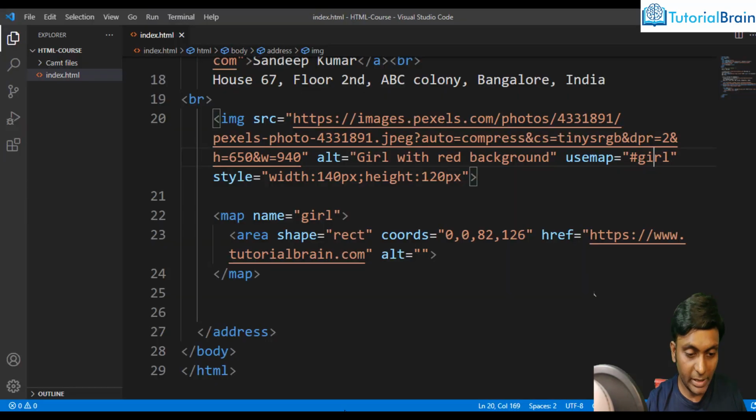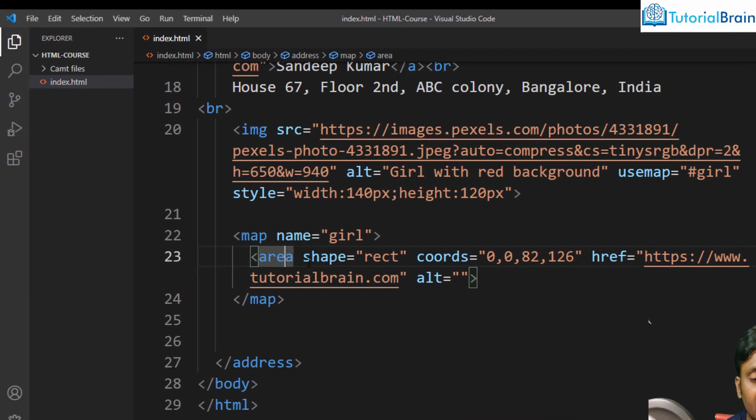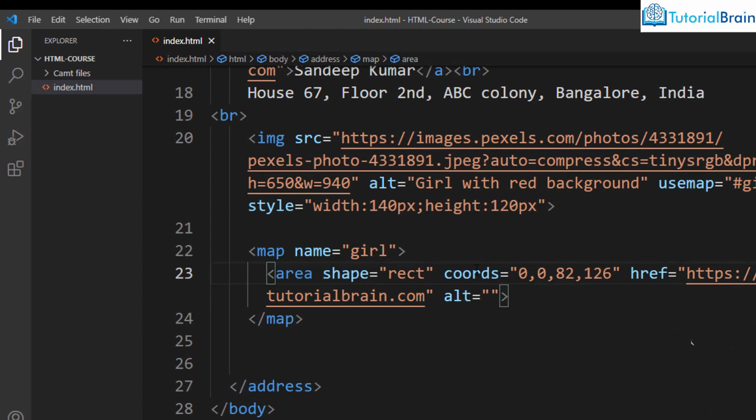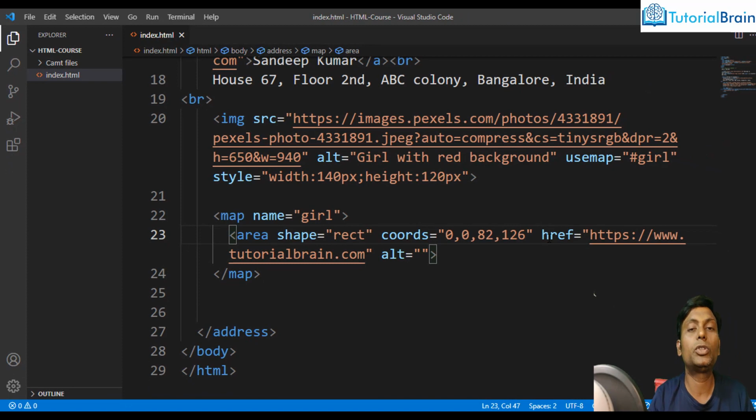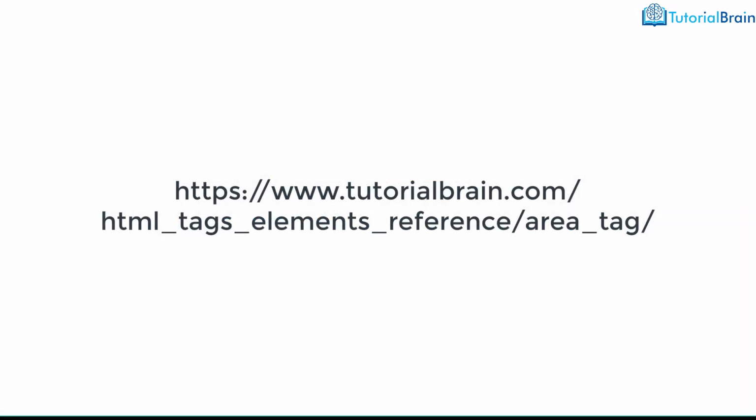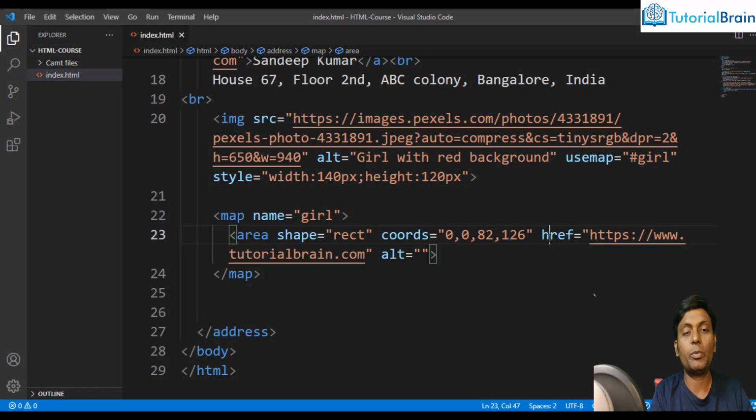So let me just come back, and you see here with area we have used the attribute called shape, coords, that is coordinates. Then we have href. In the same way, we can also use alt or hreflang and so on. And for this, if you want to understand the complete attributes which you can use with this particular area tag, then you can go to this particular link on this particular screen at this moment, and you will be able to see all the information you need. At the same time, you can also go to the description of the video and you will get the particular link as well. Alright, let's move forward,